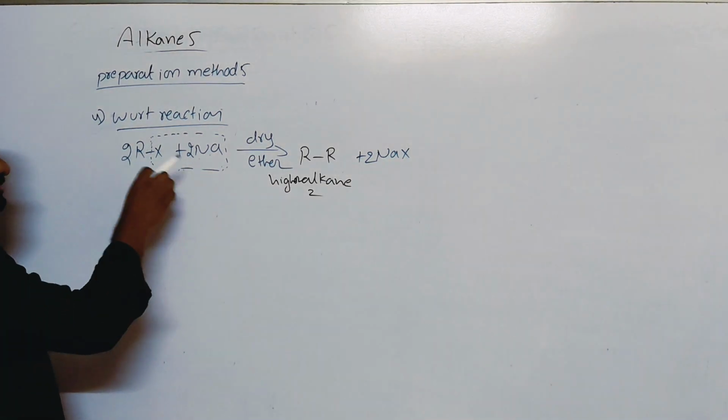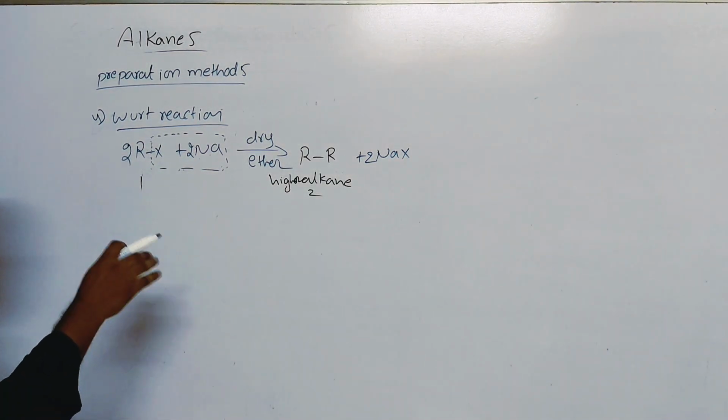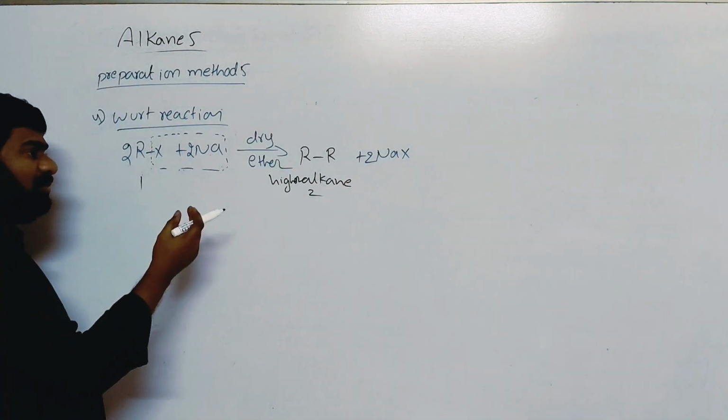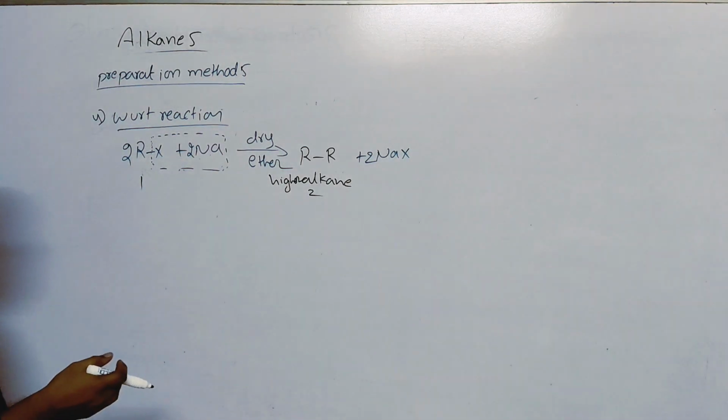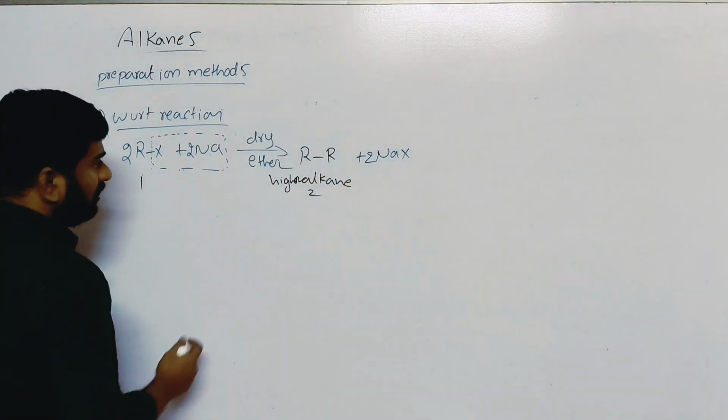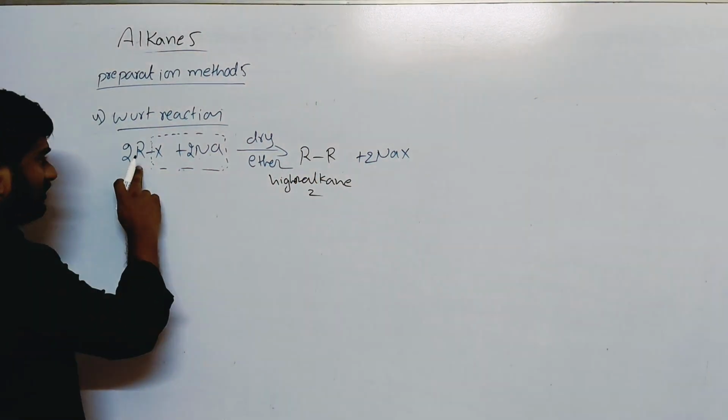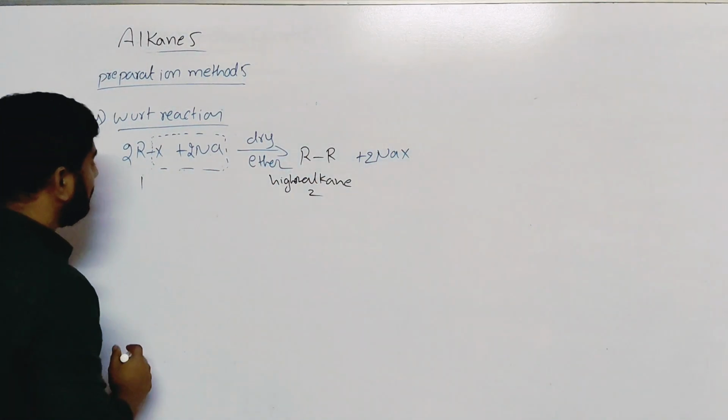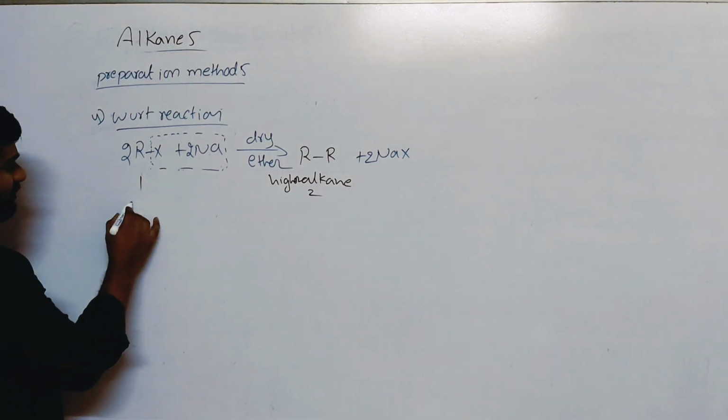So in the Wurtz reaction, a new carbon-carbon bond is forming. You have to remember in which of the following reactions a new carbon bond is forming, the last question. In the Wurtz reaction, a carbon bond is forming, because one alkyl group is connecting with another alkyl group. If you take examples,